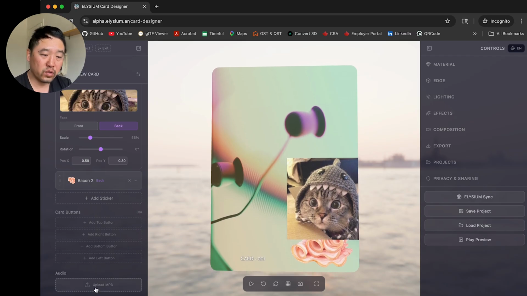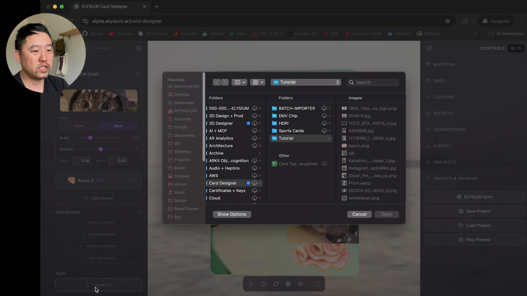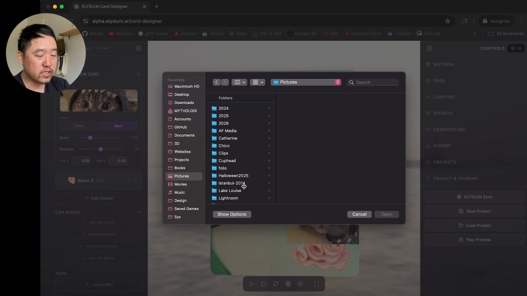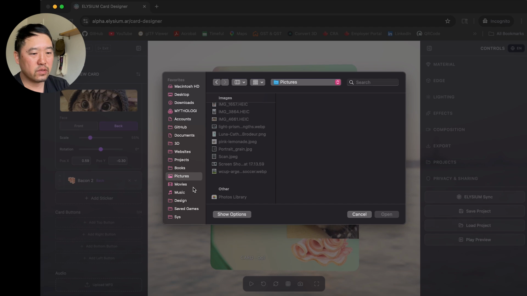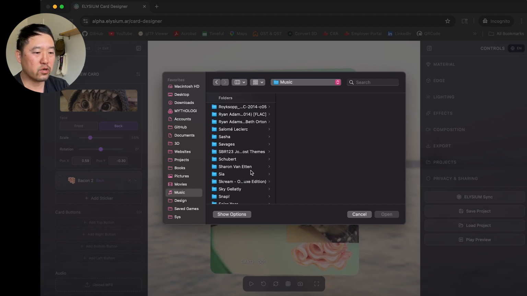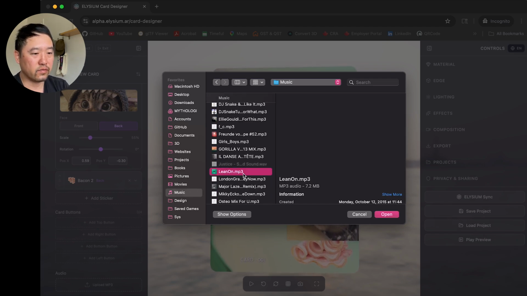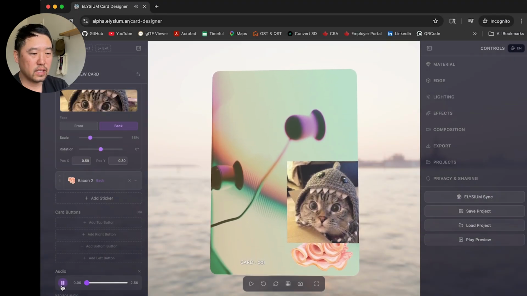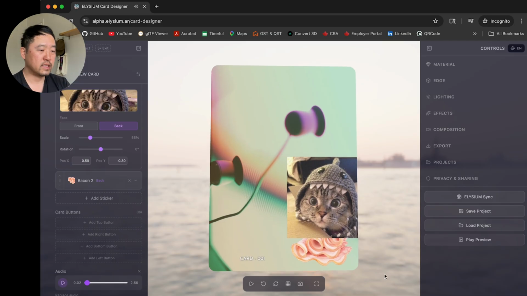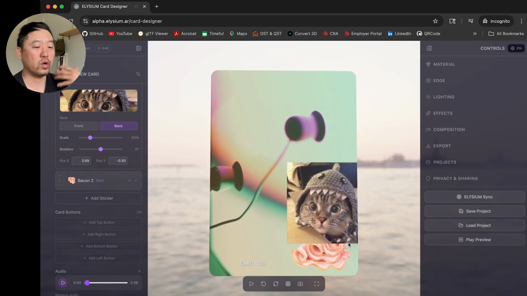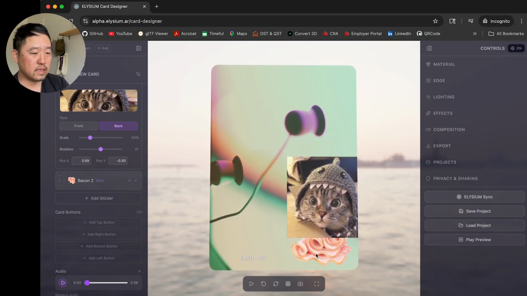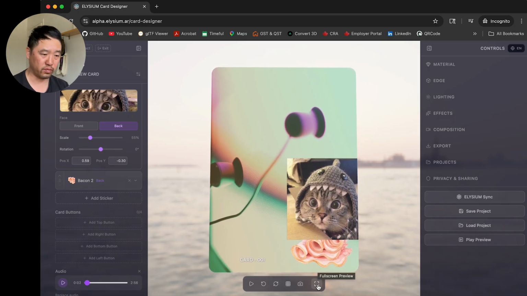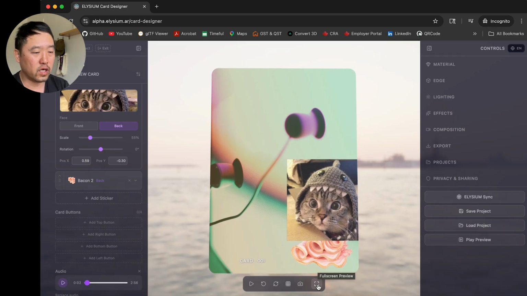The last fun thing that we can do is add some audio, right? So the audio has no actual effect on the card itself, but then allows us to add some music to the background of the experience. So if I add this, for example, I can preview what the audio is, right? And what it does is that when we preview the card, the audio will automatically play back. So this is something that is kind of fun, because the idea is that once you've created this card, you'll be able to share it with other people with this audio.